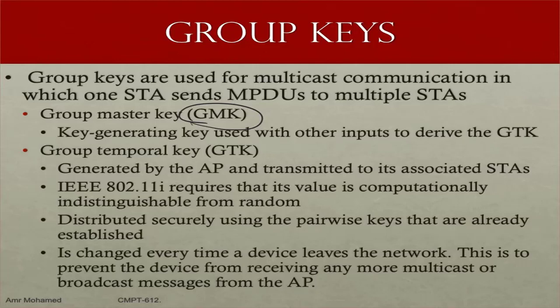What is the difference between the group master key and the group temporal key? The group temporal key is temporary, but here it doesn't change with time only. No, it has to be changed every time a node gets away or comes into the group. So any kind of change that happens to the broadcast group or the multicast group, you have to renew this. Why? Because assume that